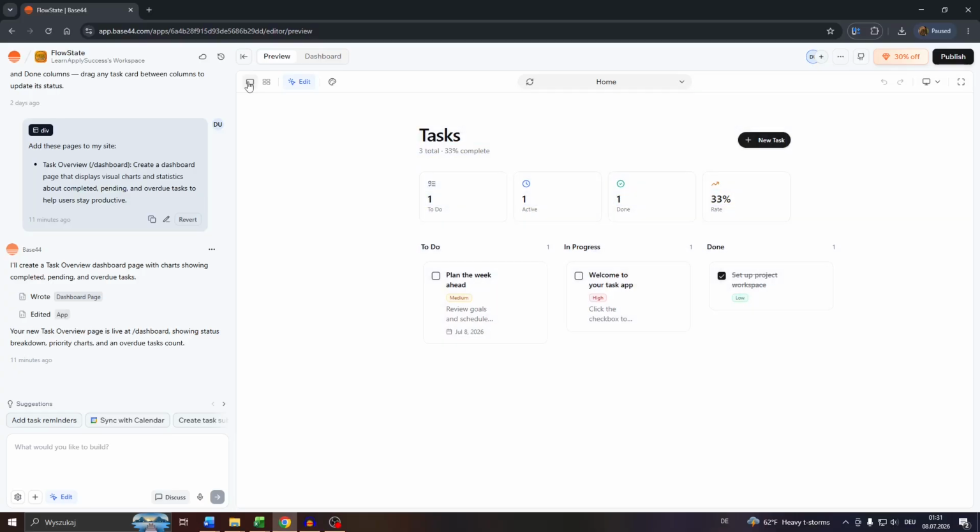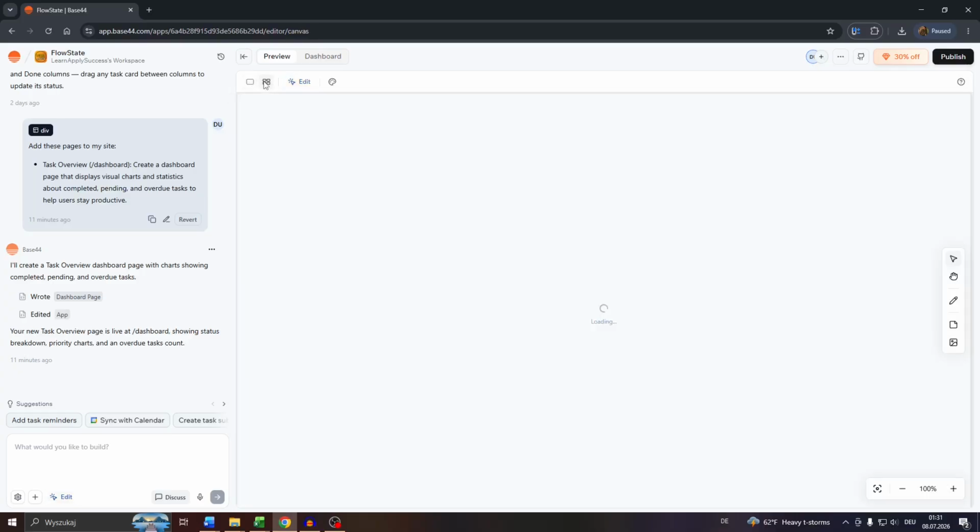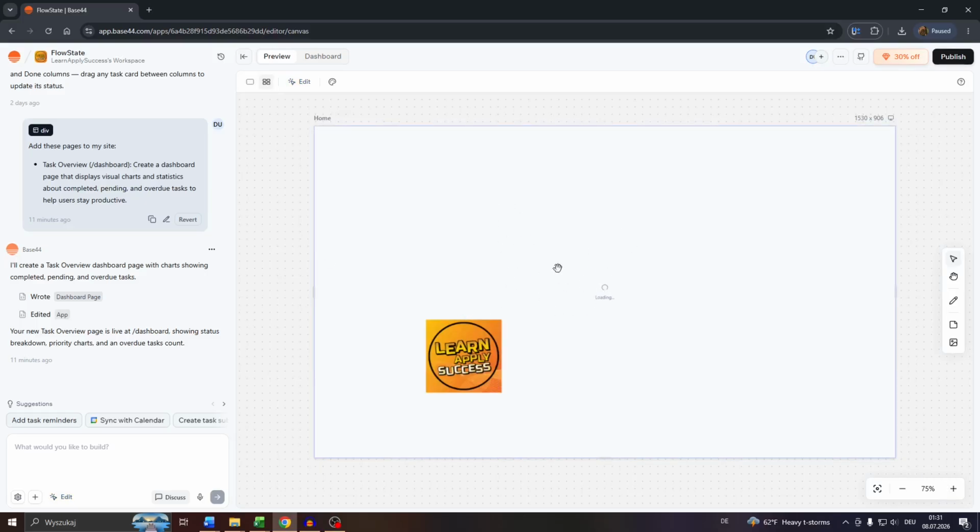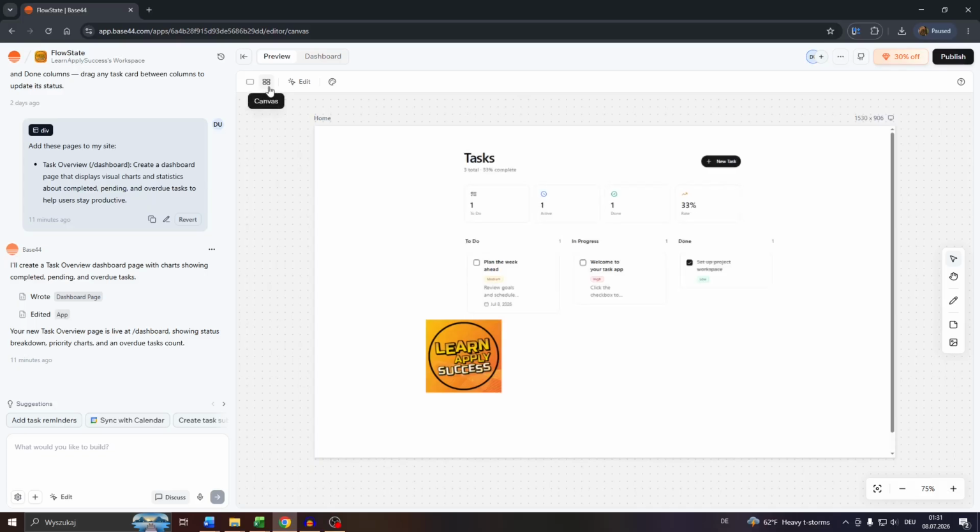You can also switch from the page view to the canvas view if you find this easier here. So that is going to show you your app page, or the given page of the app in the canvas view. Now, guys, what you want to do after that is navigate to the given